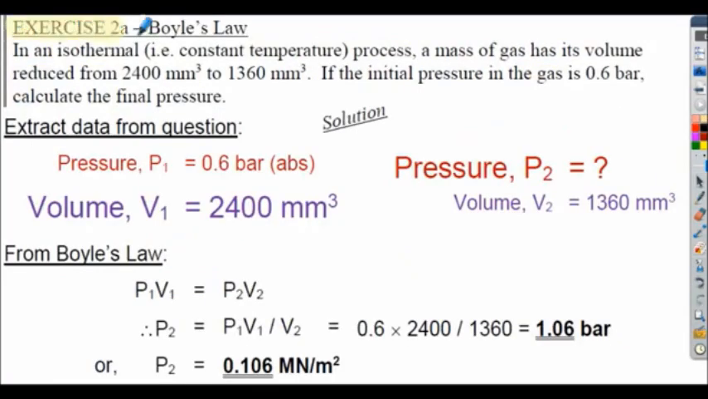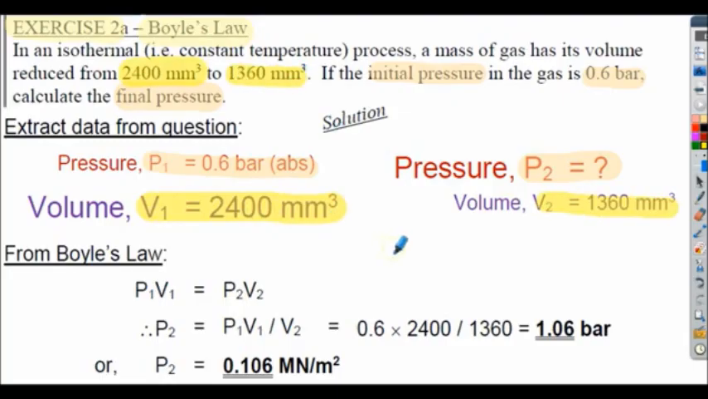So exercise 2A, application of Boyle's law again. Again, extracting the information from the question: initial pressure, P1, absolute pressure of course. We've got to calculate the final pressure, so P2 is unknown here. And we're given the initial volume V1 and the final volume V2. Notice they are stated in millimeters cubed, but they're both in millimeters cubed, so I can use them as stated